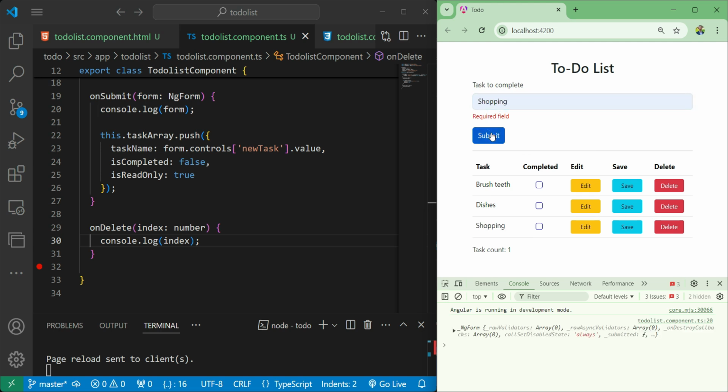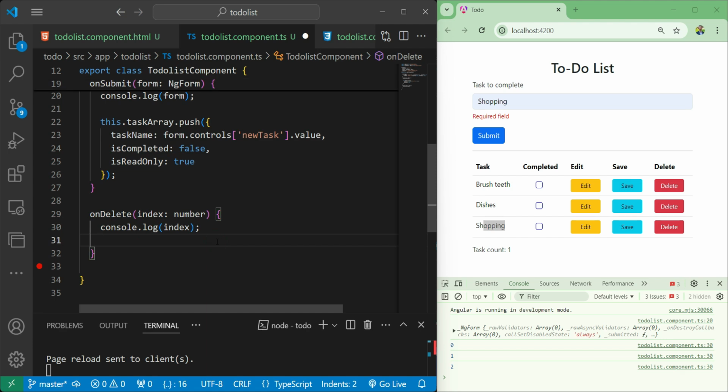Let me add one more line here. Shopping, submit. Let's click on this delete, the first line. We have number 0, and it's because the rows are numbered starting with number 0. So for dishes it's going to be 1, and for shopping it's going to be 2. Let's use this index to remove this item from the array, and the way we're going to do it, here